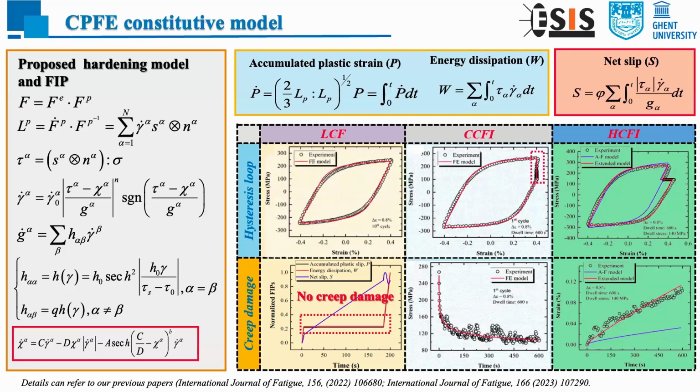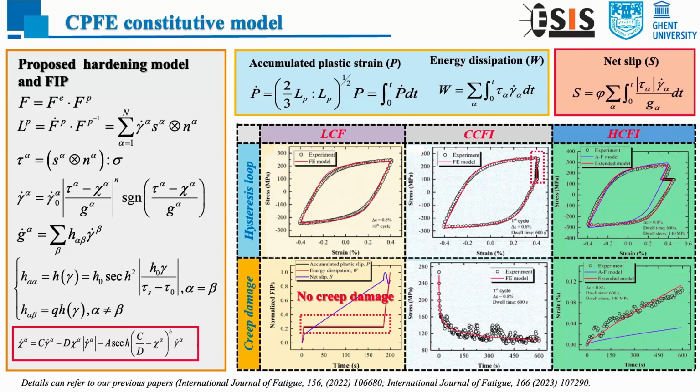And we all know that the welded joint of P92 is working in the power plant, where the working temperature is more than 650 degrees. So the creep problem is very important. But actually, the traditional constitutive model with the Armstrong-Frederick model cannot capture the creep deformation during the stress holding, as shown here. So that's why we modify this,